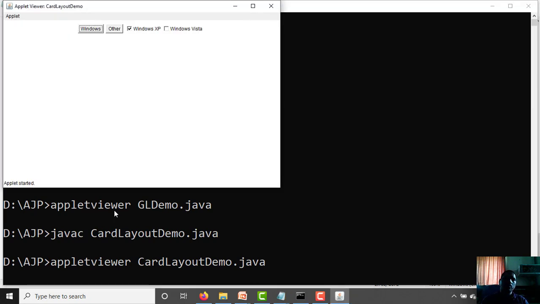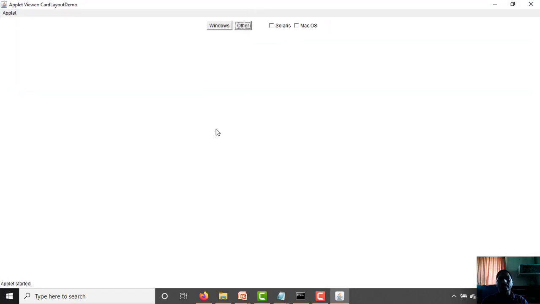Okay, this is our output window. By default, Windows is shown, and whenever you click on Windows, the controls are displayed. Whenever you click on the other button, Solaris and Mac OS are displayed. Whenever we click on this window for the mouse operation, cycle through, for that purpose we have handled the mousePressed event, and you can see that event's operation on the screen.